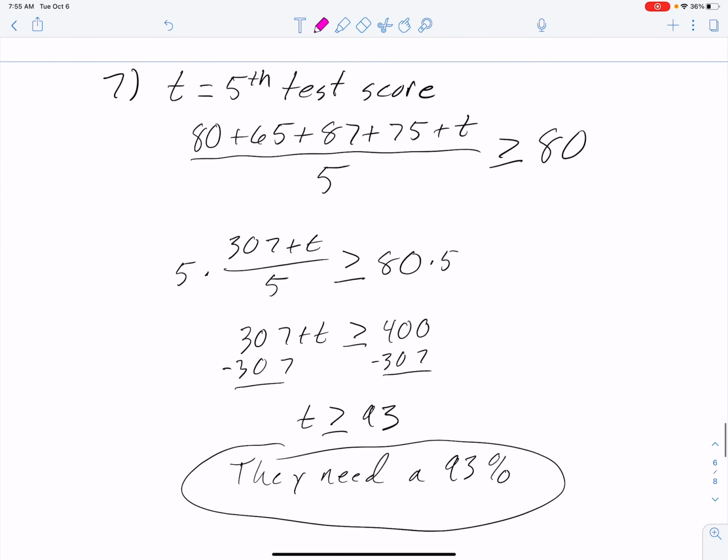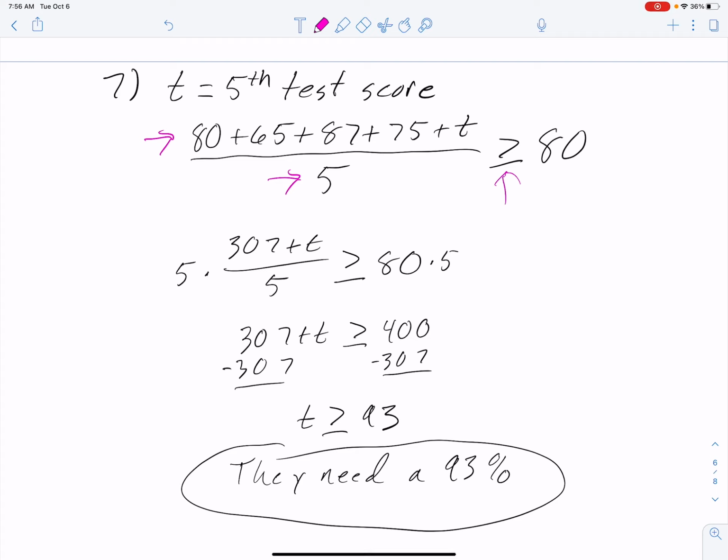Number 7, very similar to what we set up in class. We know that somebody's taken 4 tests. They want to know what score they need to get on their 5th test to have an average grade that is at least 80. So that means that I'm going to include the "or equal to." If it had said greater than 80 or more than 80 or better than 80, I would not have included the "or equal to." So I set up the sum of my tests divided by the number of tests,